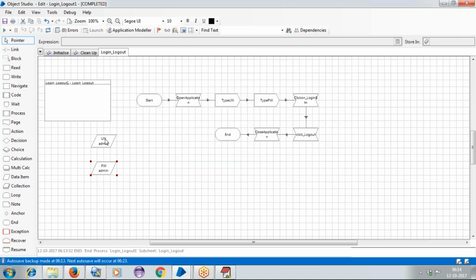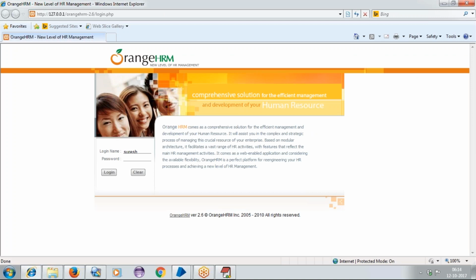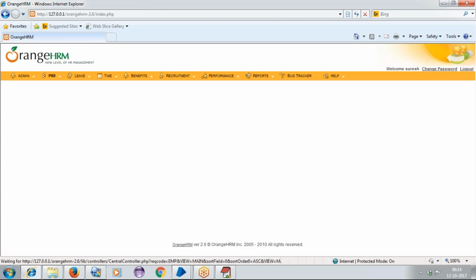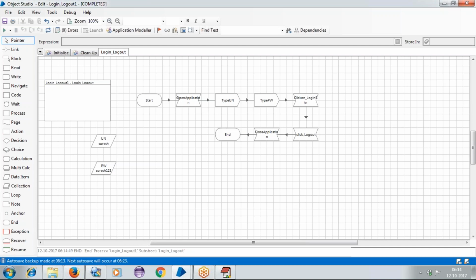Okay. So this is already the manual login we need to be able to do with these things here. Now let me click on refresh. I'm getting the Suresh and Suresh123. Now I'm not making any modifications here. Just I'm changing my test data here. Now if I click on run, this time it needs to log in with the credentials of Suresh, and it needs to take Suresh123. Okay, then it will take the logout and then close the application.